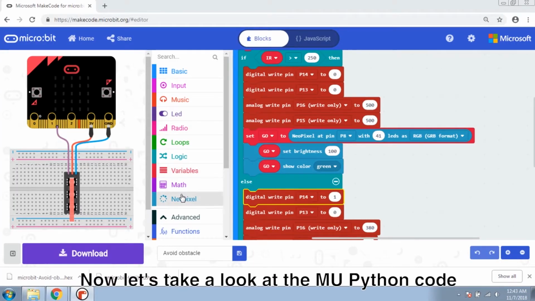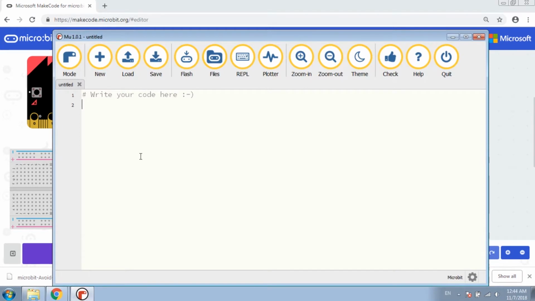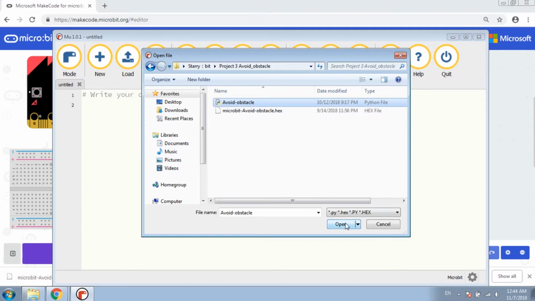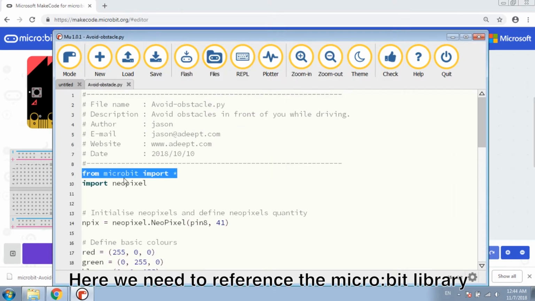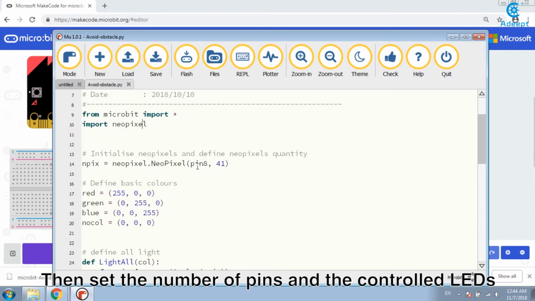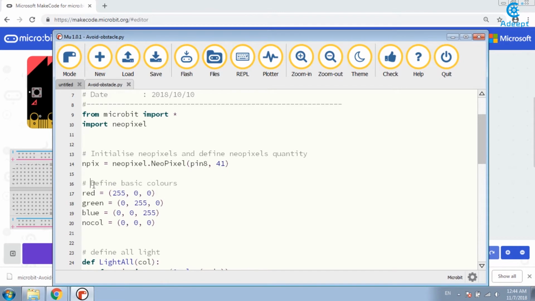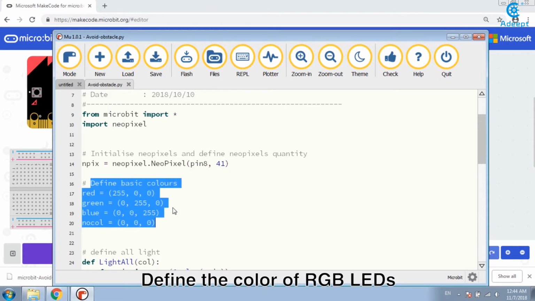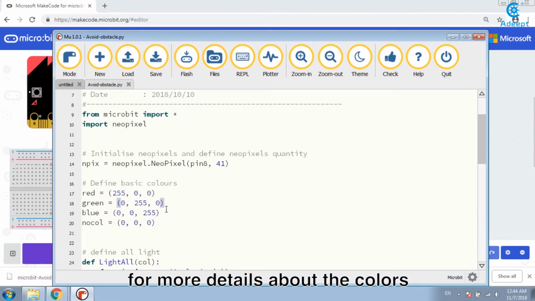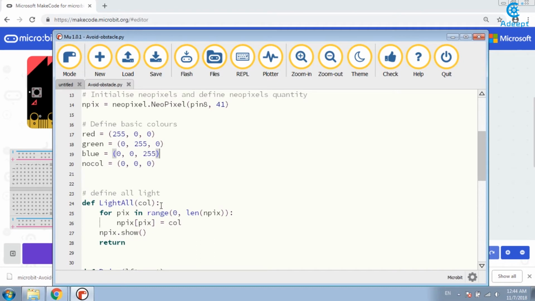Now let's take a look at the new Python code. Find the path to open the code. Here we need to reference the Microbit library and the NeoPixel library. Then set the number of pins and controlled LEDs. Define the color of RGB LEDs, and you may check out the last tutorial for more details about the colors. Define all LEDs displays